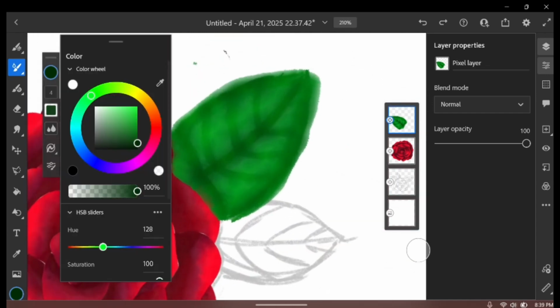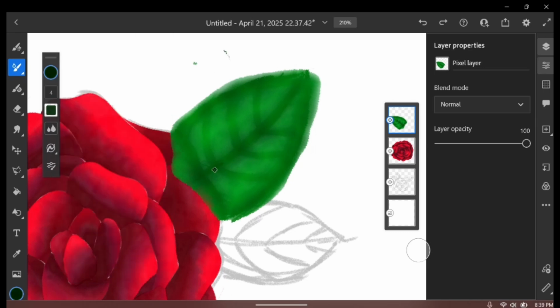Okay, so look at that, how cool that is looking. Now I'm going with an even darker shade, and for the final touches,